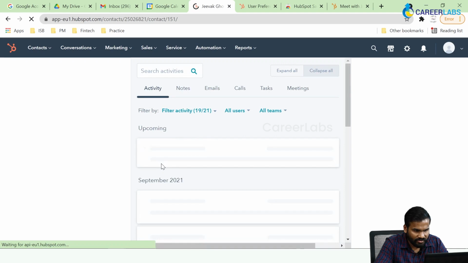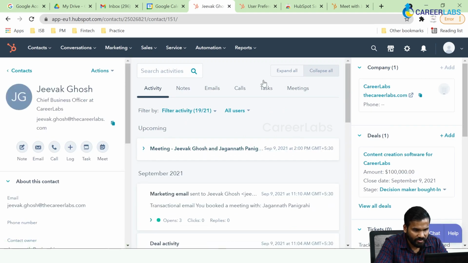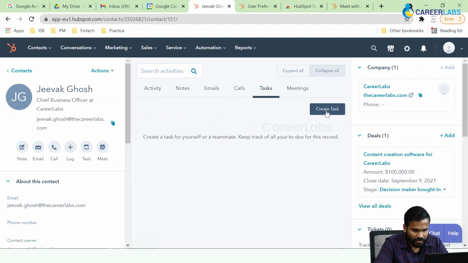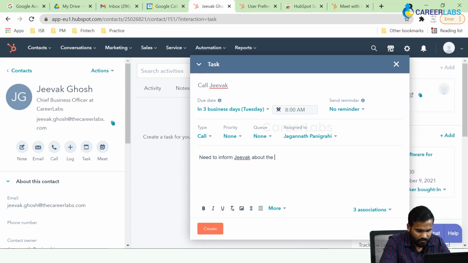So to create a task, I have gone to Jiva Ghosh as a contact card, I've accessed that. I click on tasks, I click on create task over here, and I enter the task name. So say call Jivak, right? And my notes, I say that I need to inform Jivak about the contract formalities, right?